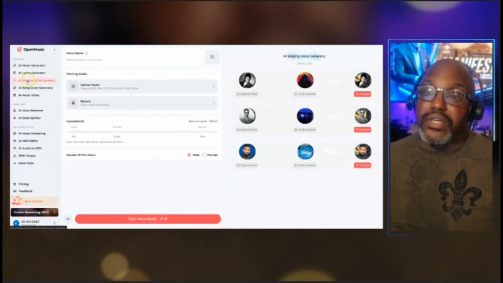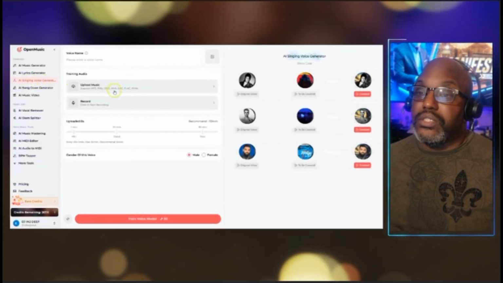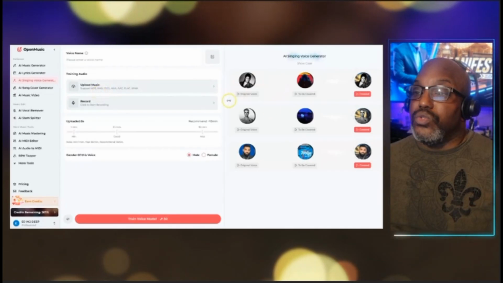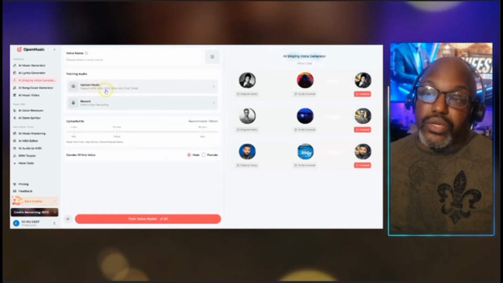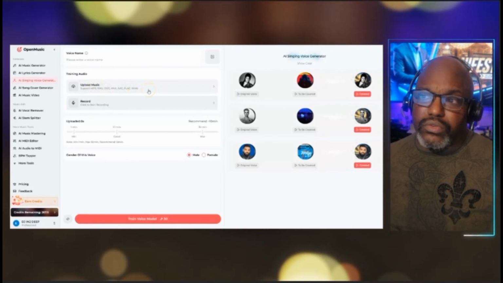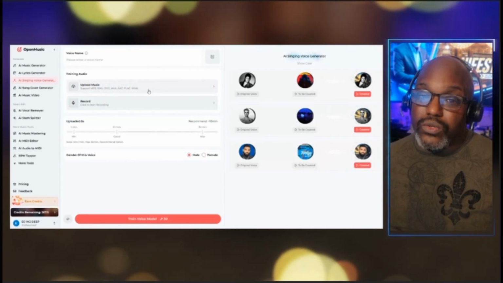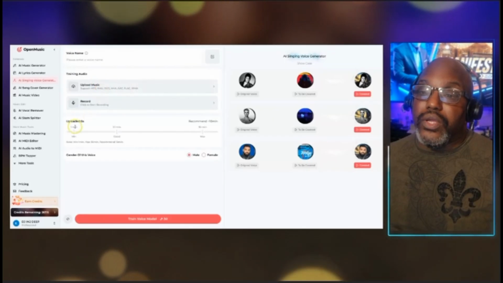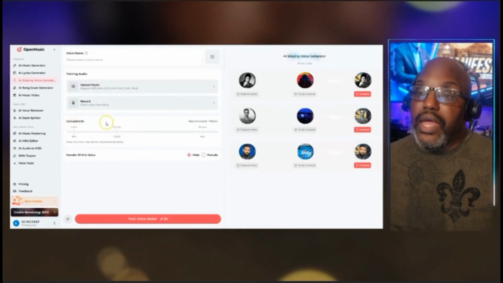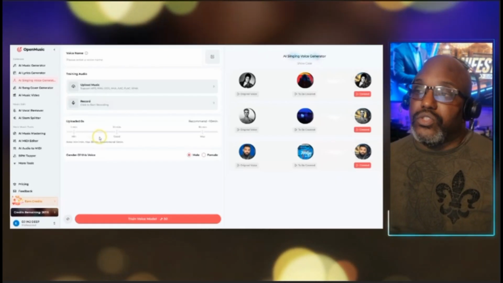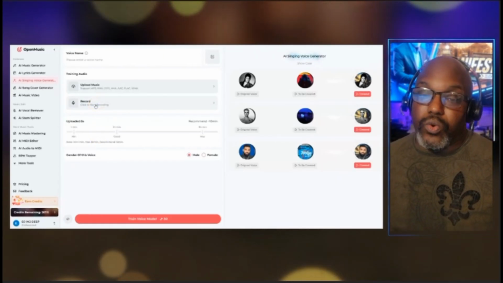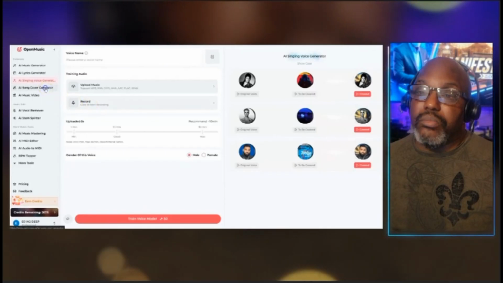Then you also have the AI singing voice. So you can either use one that's available, or if you have an MP3 or WAV file, or whatever digital sound file, you can upload it, and it will take the voice that you have on there, and then you would be able to put it onto here. So there are so many different things you can do, or you can record your own, and that way you'll have it available for the